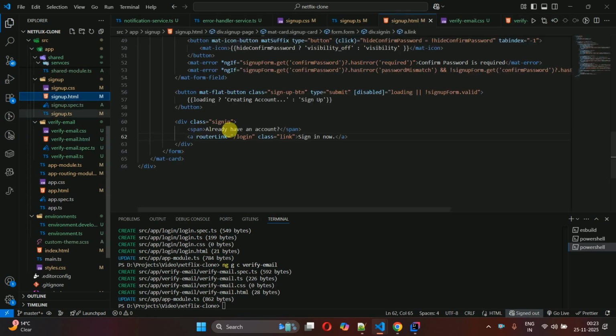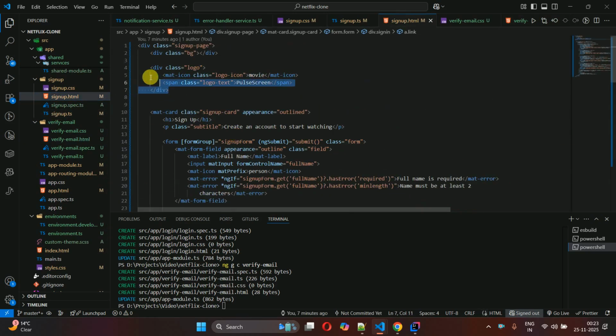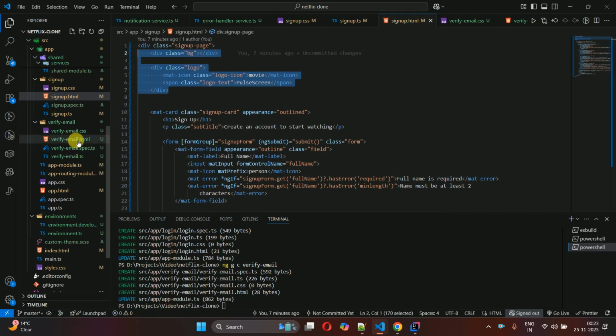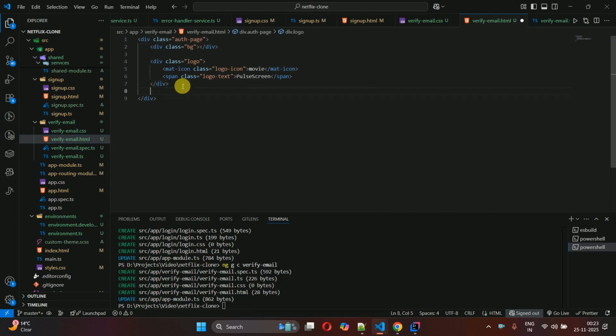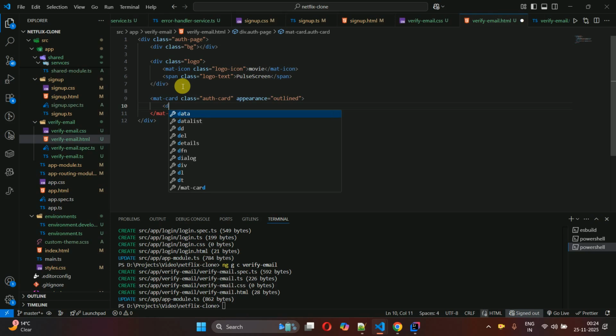Now go to the sign up and scroll up over here, just copy paste this part of the code, get back to the verify email, paste it over here. Let's format this, and then we have to create a mat card and class auth card and appearance outline, and then div *ngIf